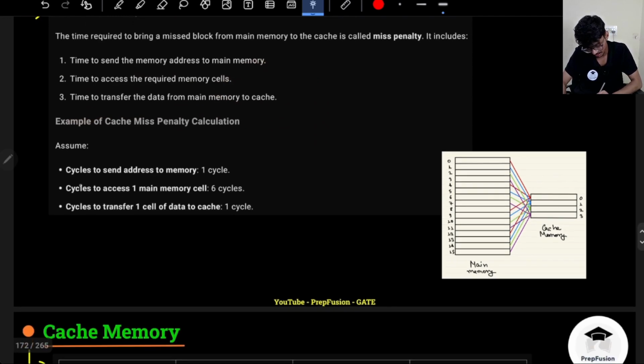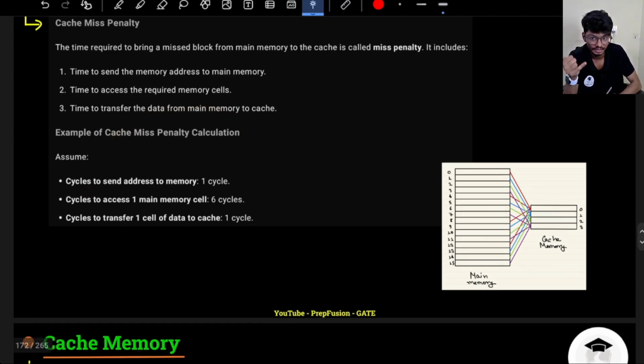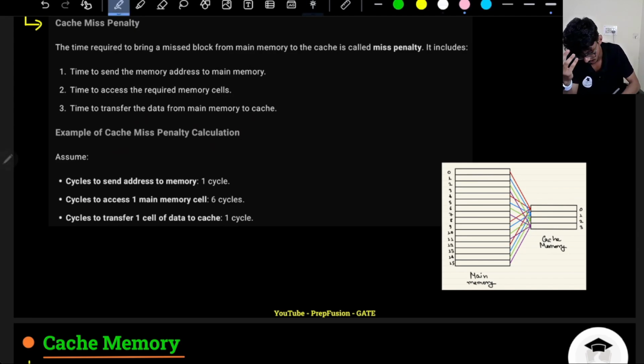So let's take one example. The CPU will consume some cycles, and also remember the overall main memory access, right? Because cache memory transfer happens in blocks, I have to multiply the block size by the time required to access a single byte of data. So my main memory access time,